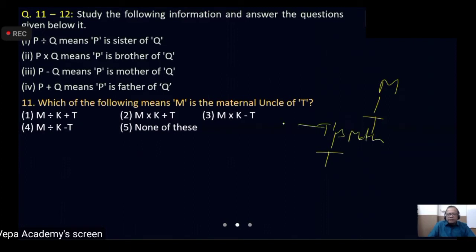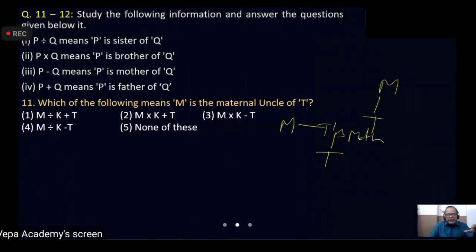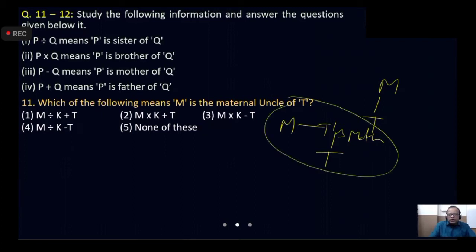And that mother has one brother and that is M. So this idea you should get in your mind. As you practice, it is possible to visualize like this. Yesterday I was talking about visualization. This is the exact meaning of visualization. Whatever I have drawn here, you should be able to visualize in your mind. It is possible. So M will be the parent generation of T, right?